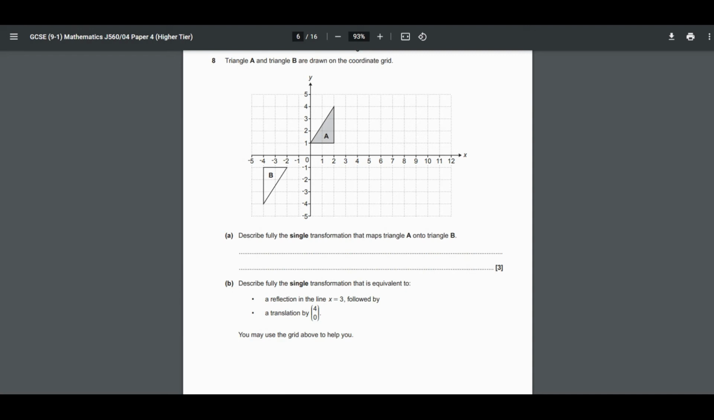Right. Question 8. Triangle A and triangle B are drawn on the coordinate grid. Describe fully the single transformation that maps triangle A onto triangle B. So this is a transformation question. So we need to think about what's happening to A to get to B. And if you've been doing your revision on transformations, you'll be able to tell that this is a rotation, okay? And it's a rotation by 180 degrees,